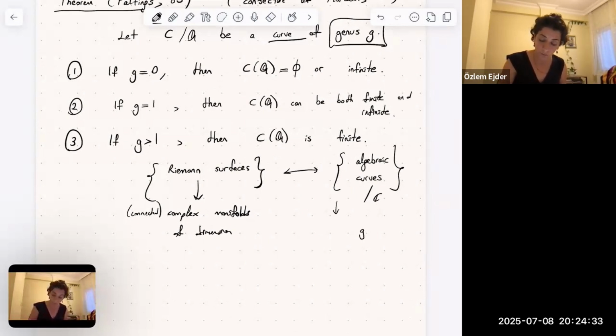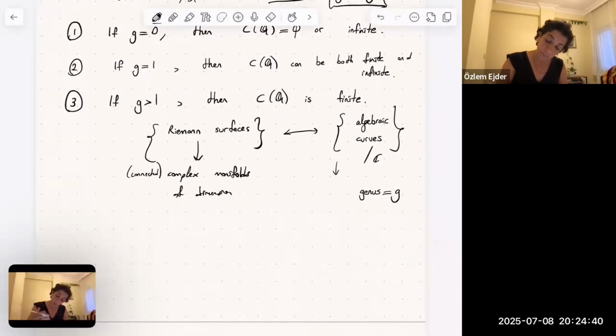And so we talked about this invariant genus, G. Here on this side, I could define it as follows: if you have a curve C defined by some polynomial equation f of x, y equals 0, then you just take the degree d of this polynomial f,